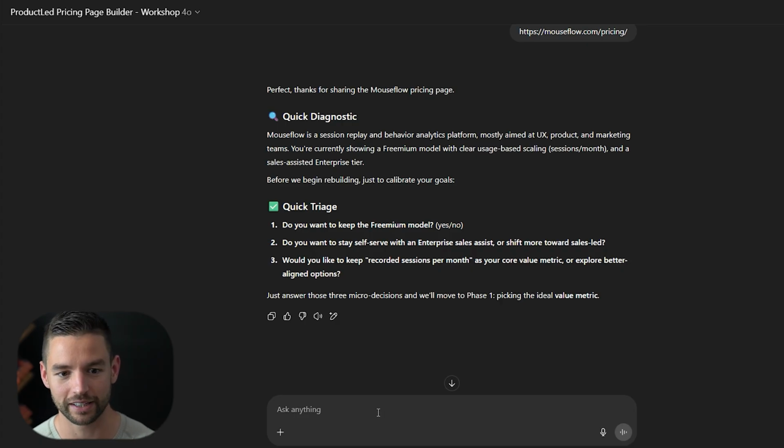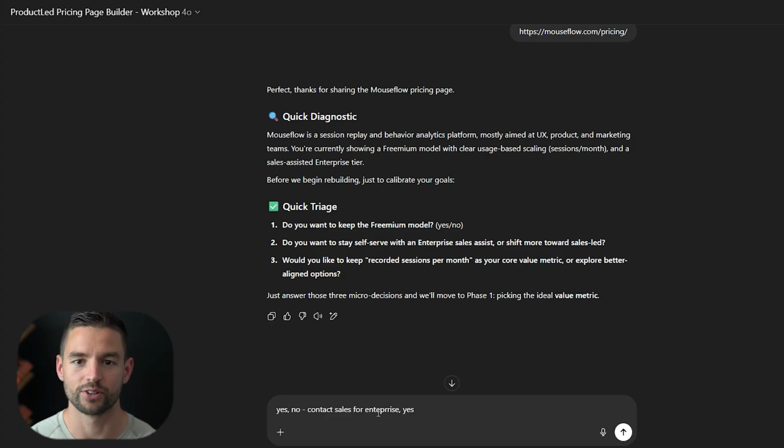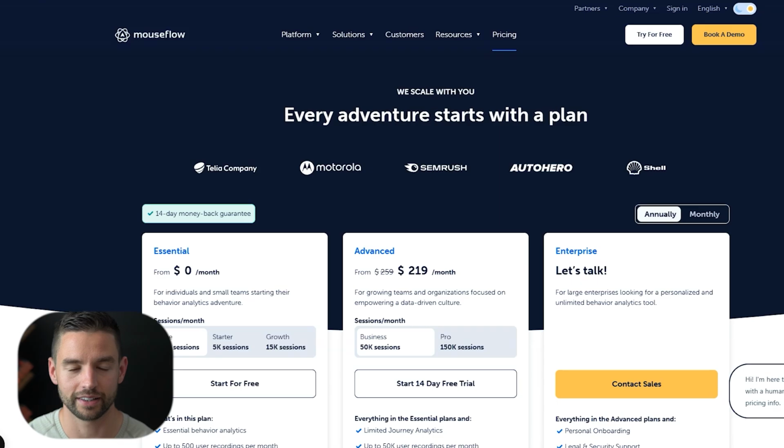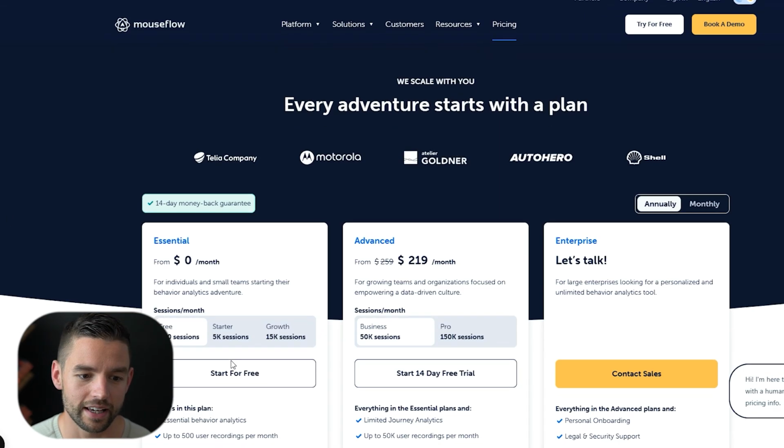So we have a freemium model. And do you want to stay self-serve? No. Contact sales for enterprise. And would you like to keep recorded sessions? Yes. So one thing we've already done, and this is great if you have pricing already, is you can decide,